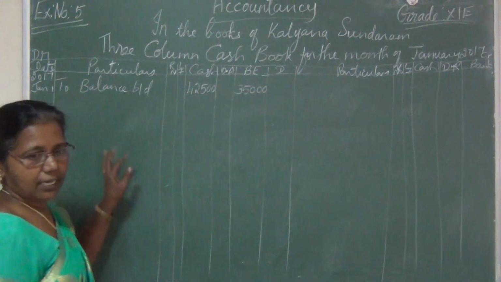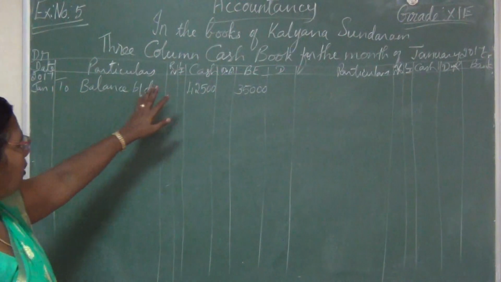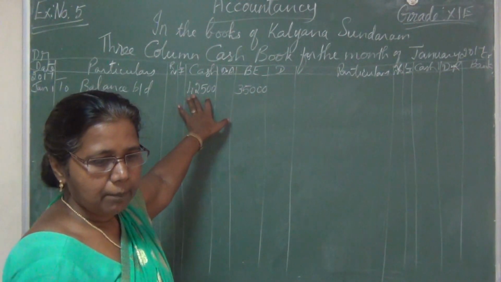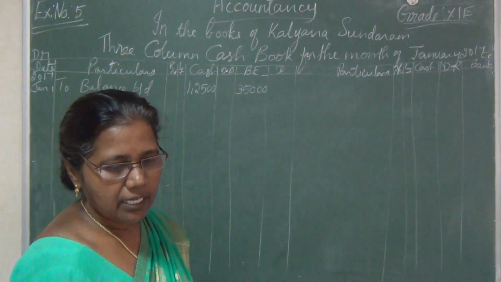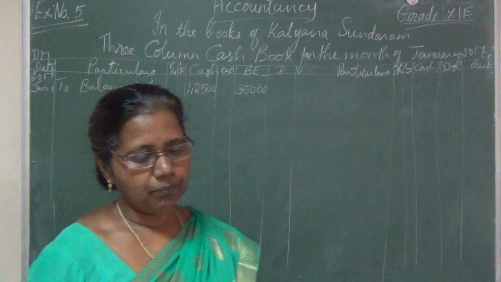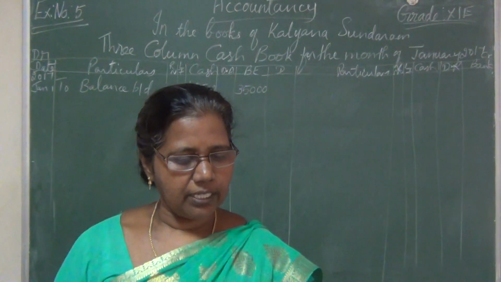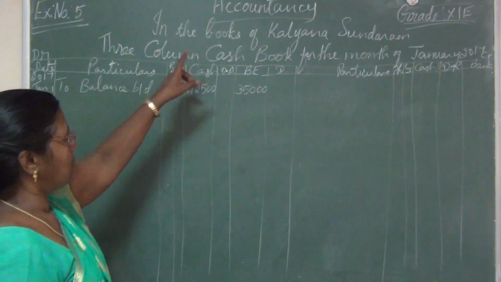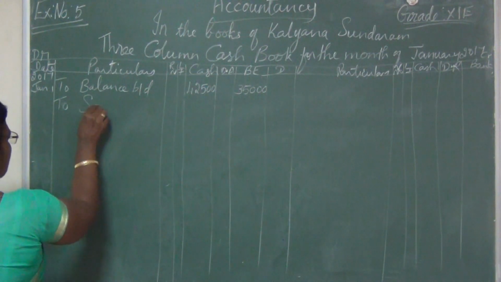Okay, don't write here cash in hand and cash at bank. Okay, to balance brought down. In the cash column, cash in hand amount we need to write. Then balance at bank we have to write in the bank column. Okay. Then received for cash sales. What is the entry received for cash sales? Cash account debtor to sales, isn't it? So cash debit. So debit side we need to write to sales.